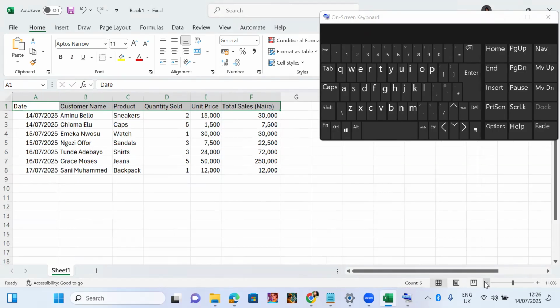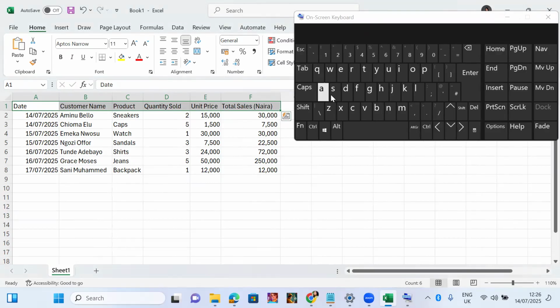Control key. Can you see your control key? It is beside Fn, or close to where you have the Start Windows icon. Anywhere you see CTRL, it is usually in two places: either on the left here, or on the right beside the arrows. Any of them works. So once you have highlighted all your headers,